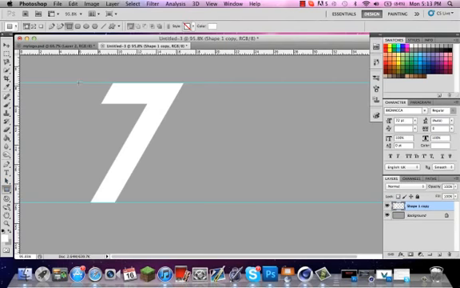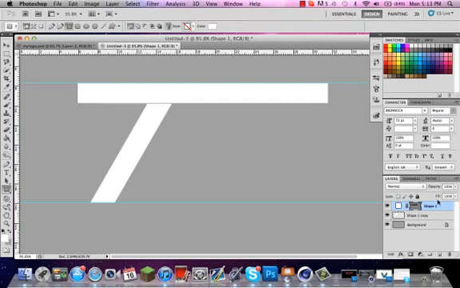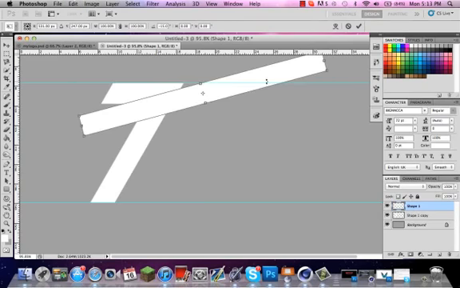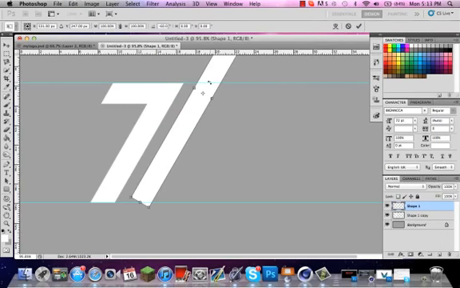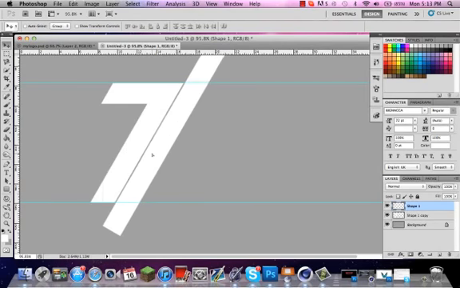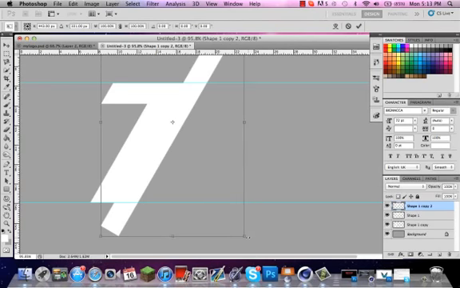So you want to go back to your rectangle tool and drag out another rectangle. Now you want to make sure the line, so you can see this line that moved, you want to line it up with the bottom of that line and let go. And again, you're going to rasterize your layer, and you want to get the same angle when you rotate it, so the angle is here, and just drag it down and make them touch a little bit. There's good. Command J, horizontal,